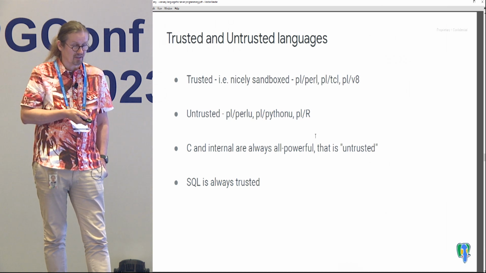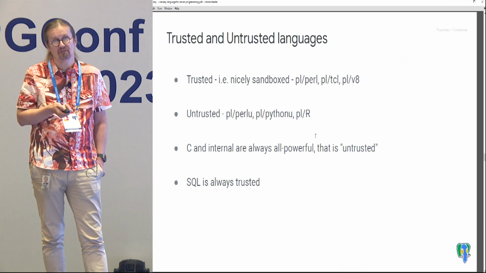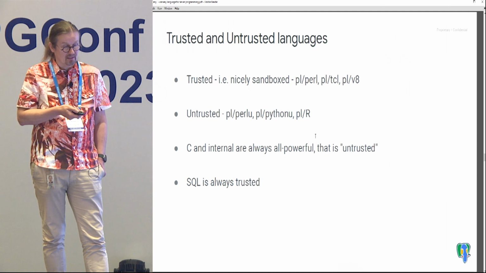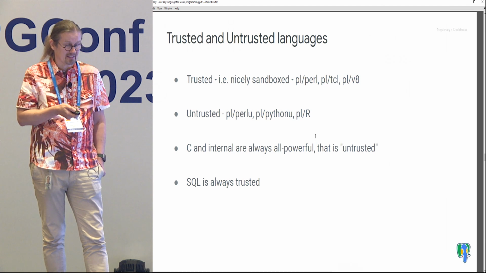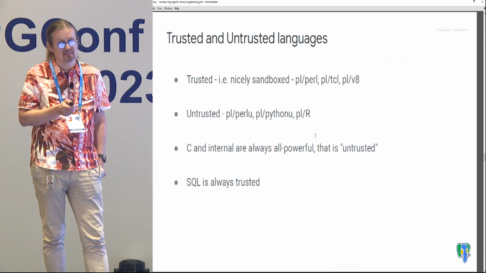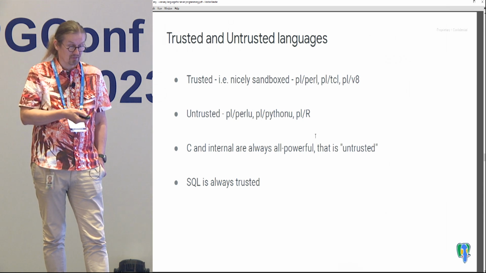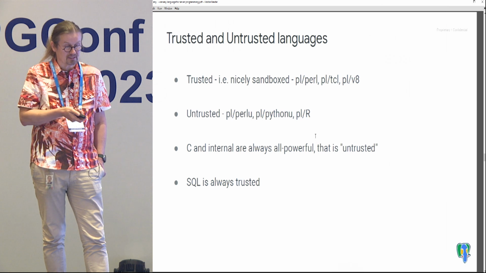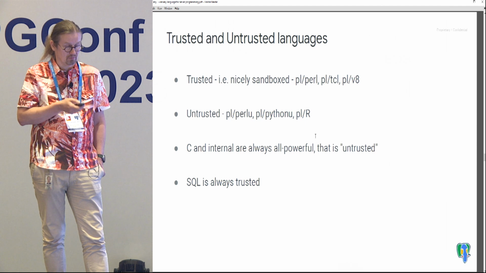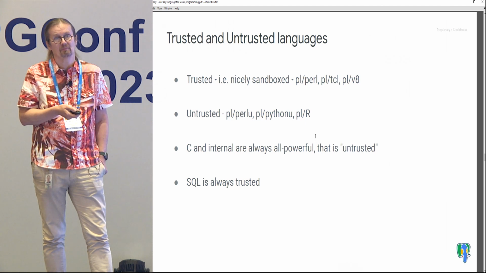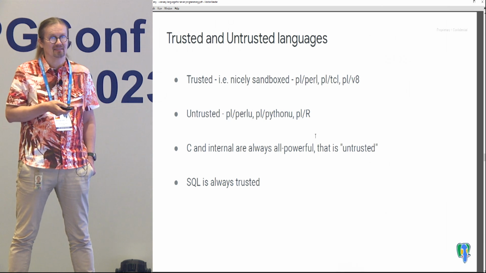and examples of trusted languages are Perl and Tcl that are part of core Postgres, and also PLv8, which we cover later, which is also very good sandboxing. And untrusted ones are for Perl and Tcl; there are also untrusted versions. Python has only an untrusted version. There is no trusted PL Python. There used to be, because people thought that they had sandboxed it, but in the end it came out that